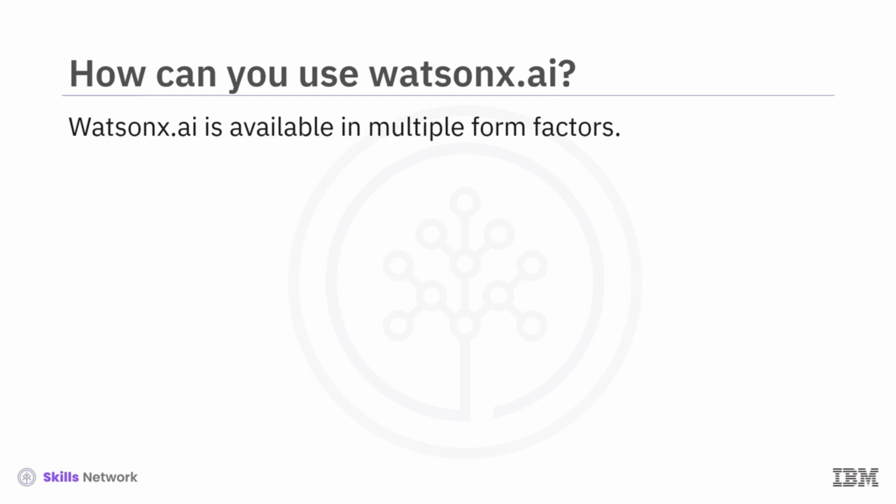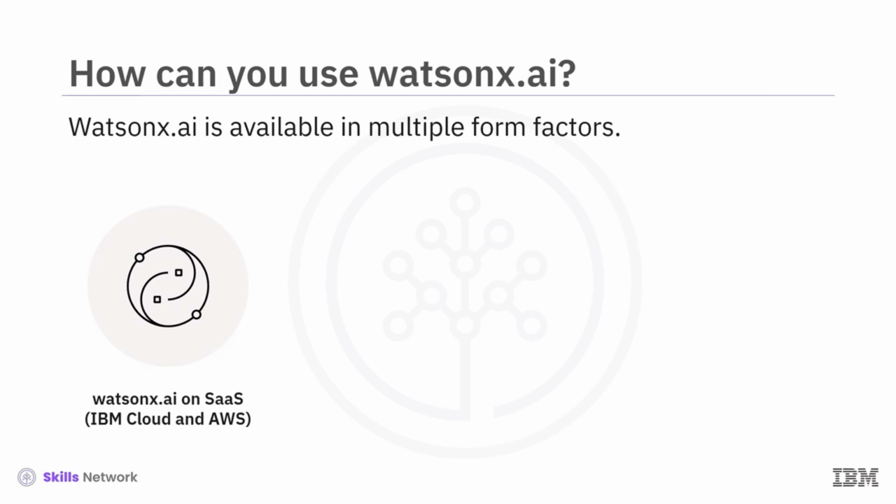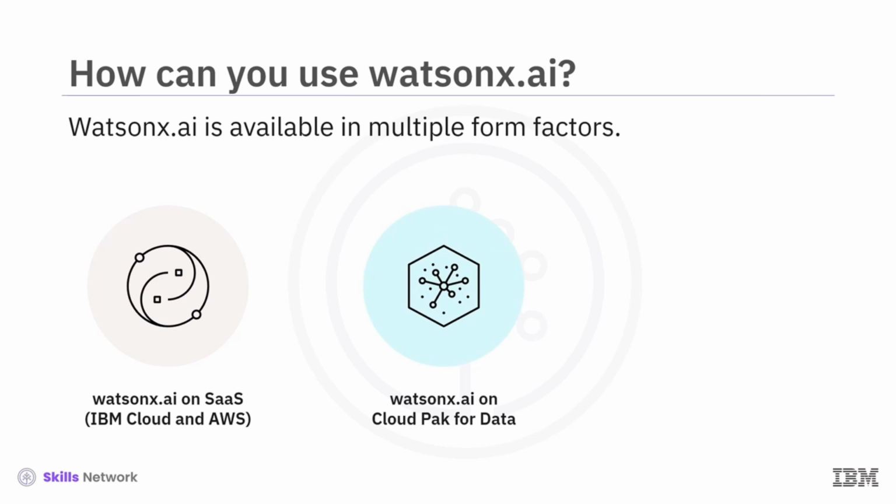WatsonX.ai is available for use in many form factors, which support many different usage needs. IBM WatsonX.ai is available as a software-as-a-service offering on both IBM Cloud and AWS. This is the easiest way to get started. IBM WatsonX.ai is available on Cloud Pak for Data, which provides built-in integration with a number of other data services. IBM WatsonX.ai can be installed on OpenShift, which means it can be deployed on any private or public cloud with